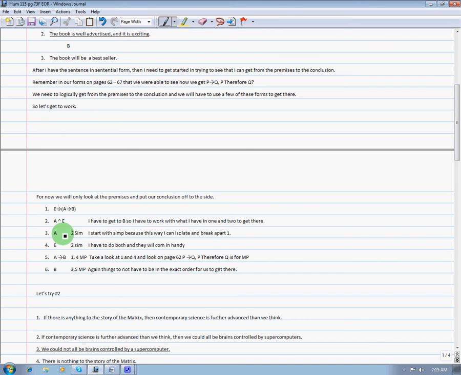So I start with simplification because this way I can isolate and break apart number one. But I'm just going to go ahead because it's easier, and I'm going to give E for simplification because it's going to come in handy later. Number five, if A, then B, I get that from 1, right here, from 1, and 4 because